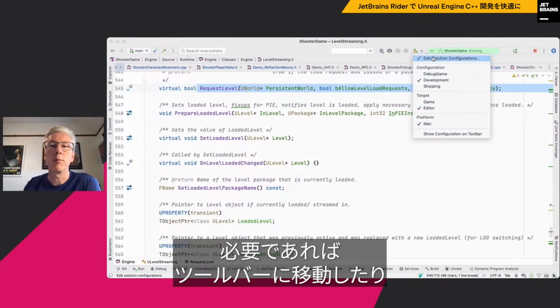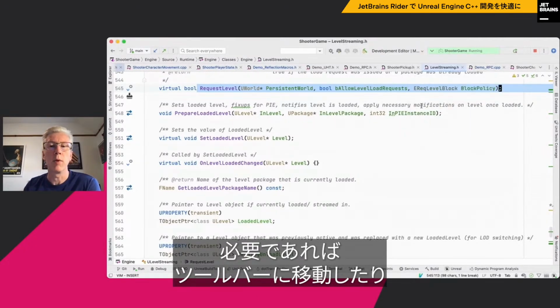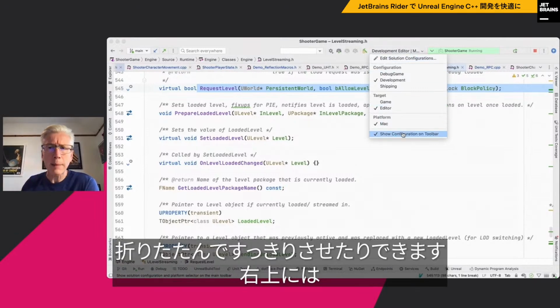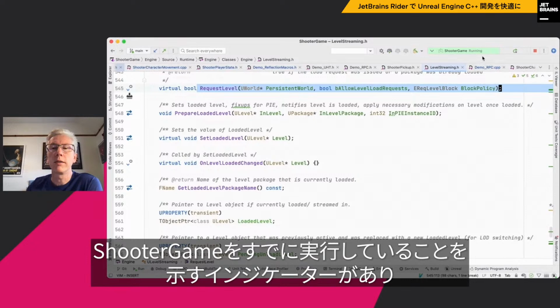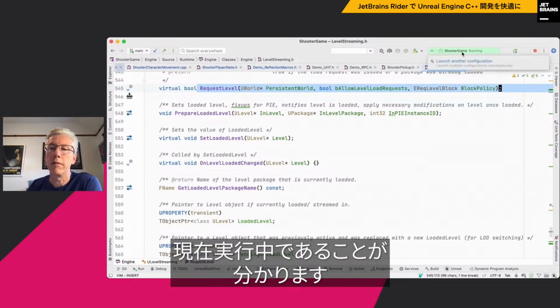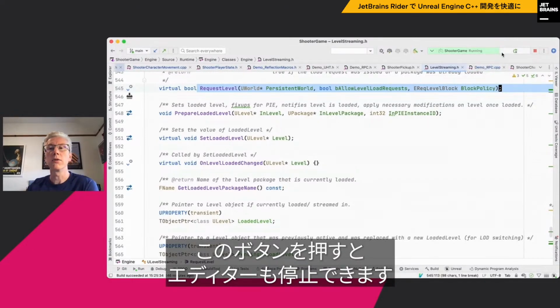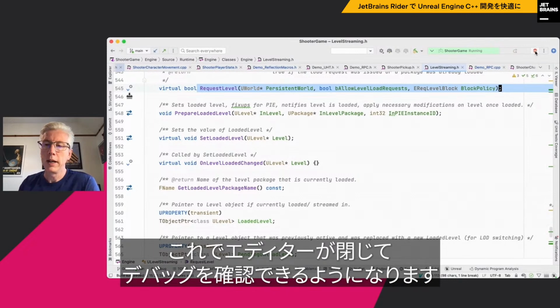If I want to, I can bring that up onto the toolbar as well, or I can collapse it down to be a little bit neater. And up at the top right here, then we've got an indicator to show us that I'm running the shooter game already, and we can see that it's currently running, and I can hit the button then to stop the editor as well. So this will now close the editor for me so that we can have a look at